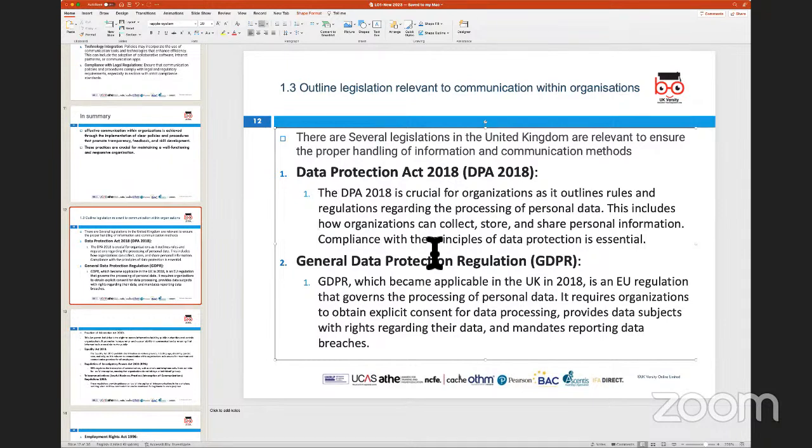And an example of that would be a surgery storing patient records and patient data, but they would not be obliged to share that data with any third party, because they would need to take consent from the patient first to be able to share that data outside. That data is going to be confidential and maintained, and even within the surgery, some people will have restricted access to that data because it needs to comply with the regulation.